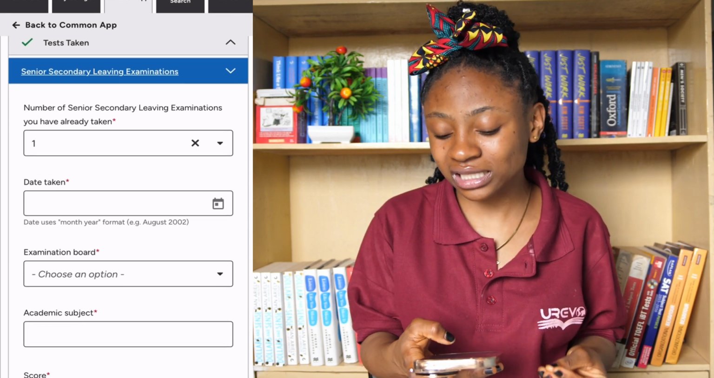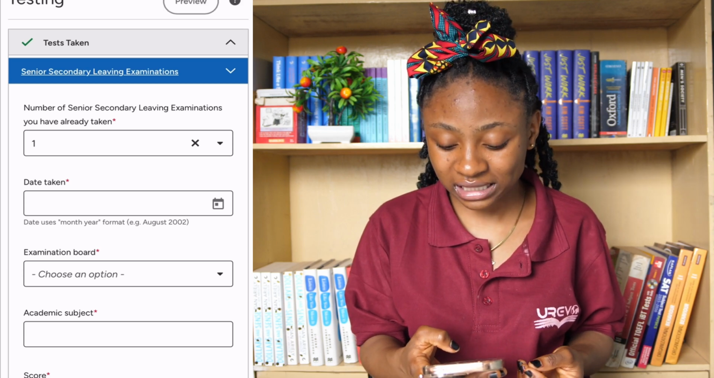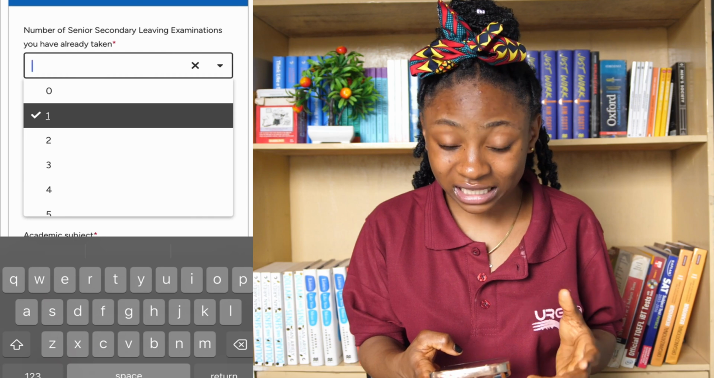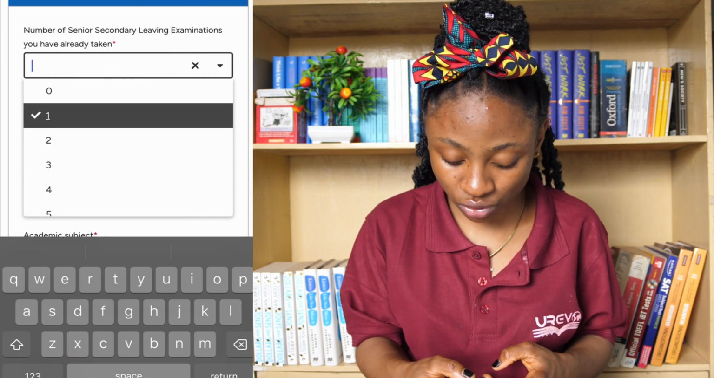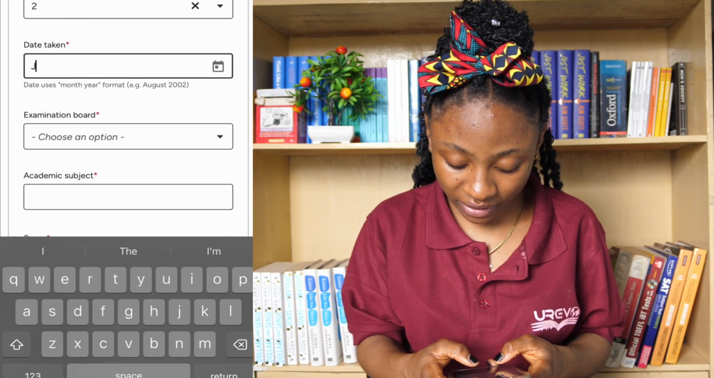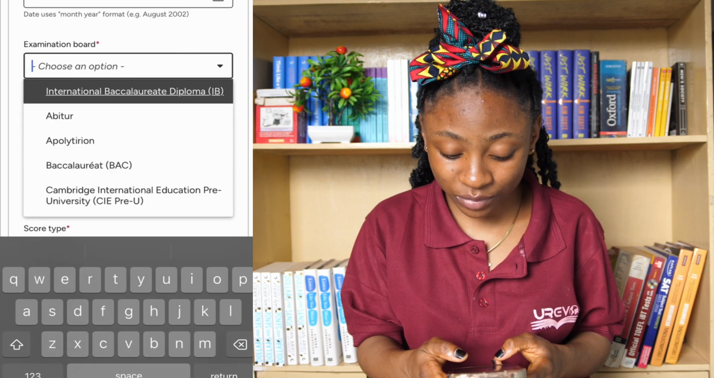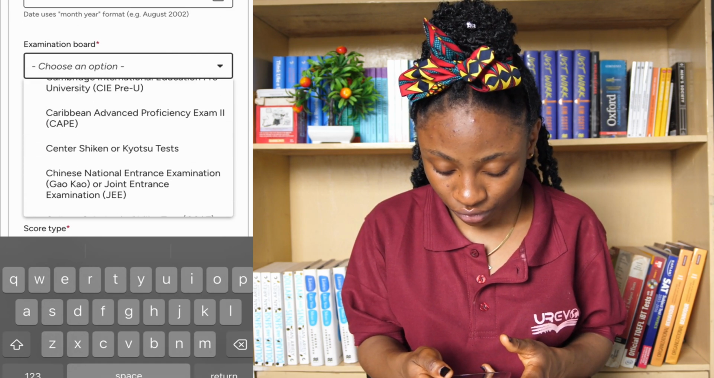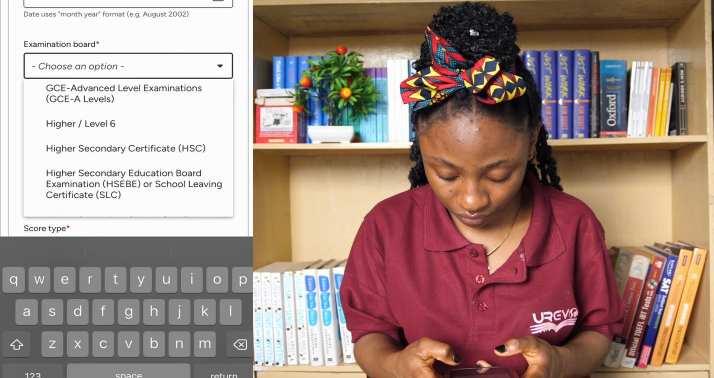Number of senior secondary leaving examinations you have already taken. So Randy Bob has taken 2. He took 1, the ordinary level, and he took the second, that was the advanced level examination. So we're going with 2. Date taken, he took the ordinary level in June 2021. And the examination board is the Cameroon GCE ordinary level, which we do not have here, so we go with other,